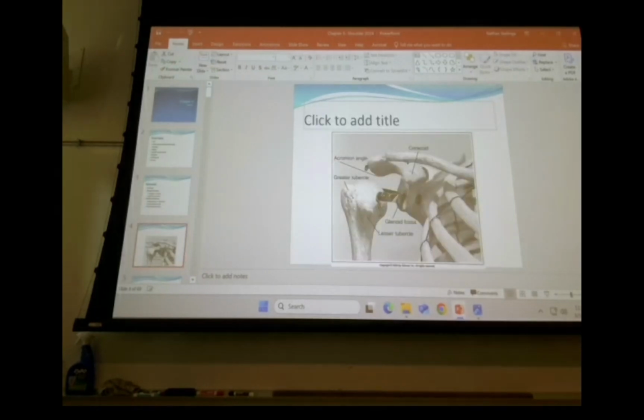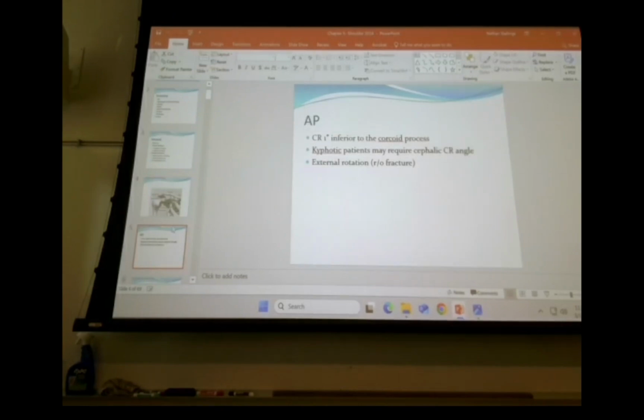So the shoulder, the bones of the shoulder, of course, you've got the scapula itself, you've got the clavicle, you've got articulation at the AC joint, you've got the articulation at the glenoid fossa between the head of the humerus and the scapula. So again, the AP,